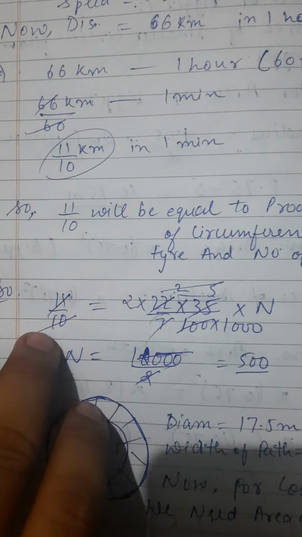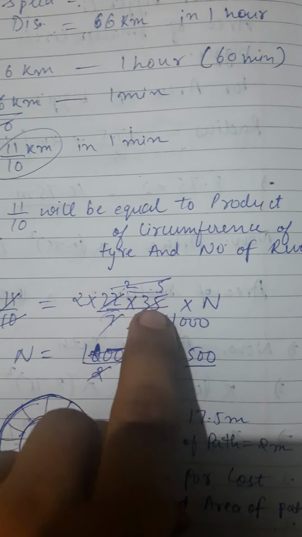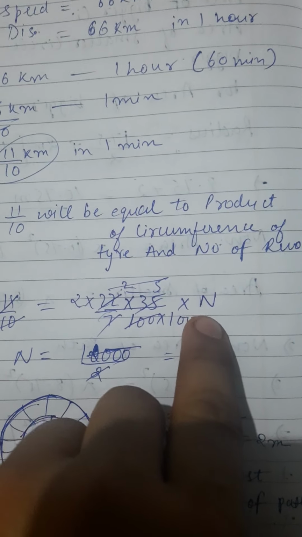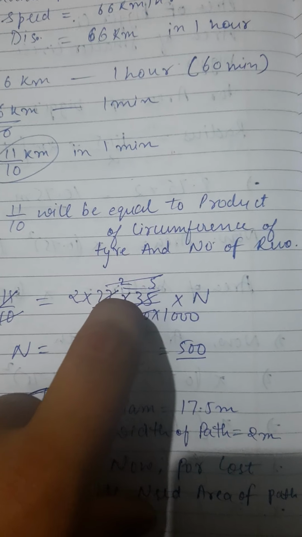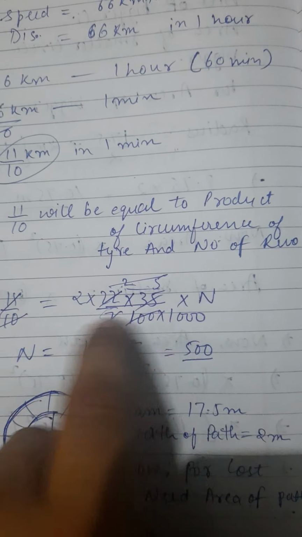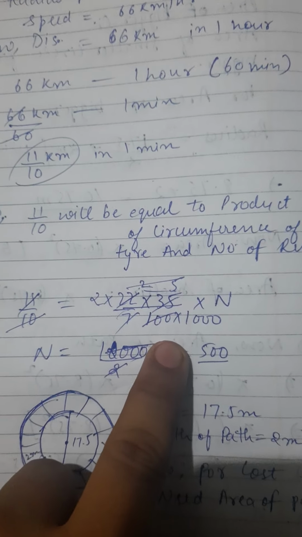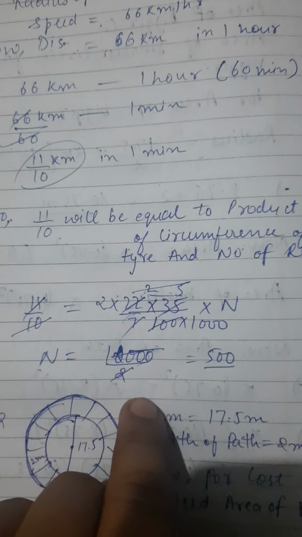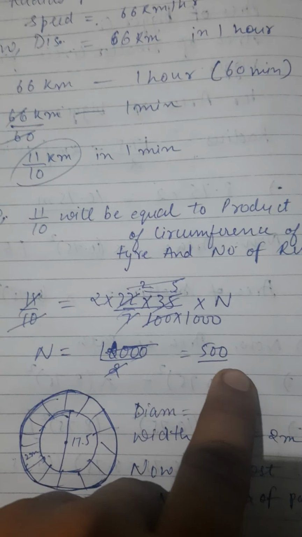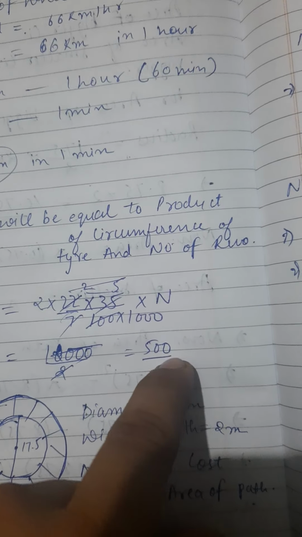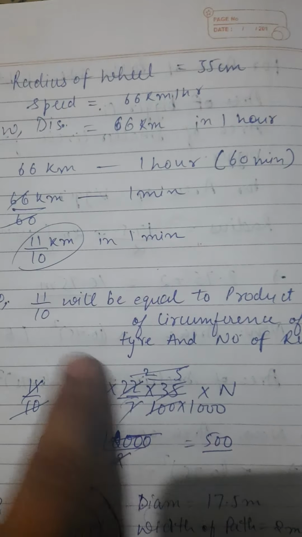So from here 11 by 10 will be equal to circumference, which is 2 pi r, into number of revolutions, which we represent by n. So for r, which was given 35 centimeters, we shall convert it into kilometers, as this distance is in kilometers. So we will divide it by 1 lakh. So from here we can simply get the value of n, which will come out to be 500. So this means that the tire needs to take 500 revolutions per minute to maintain the speed of 66 km